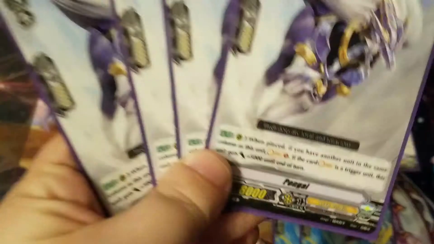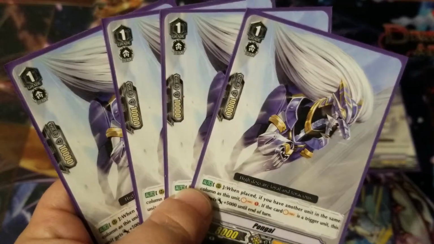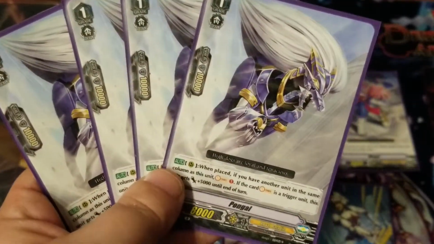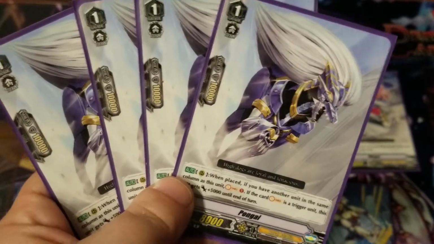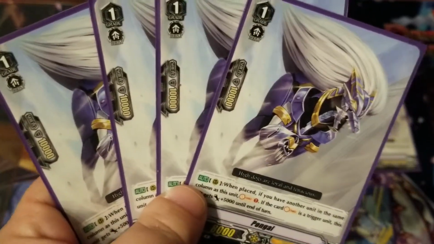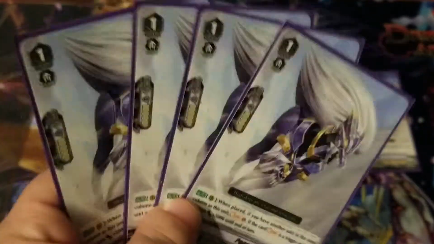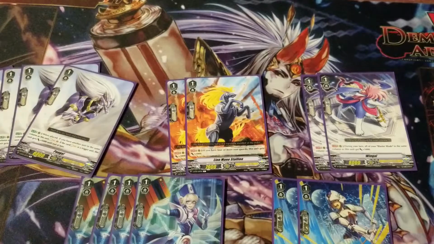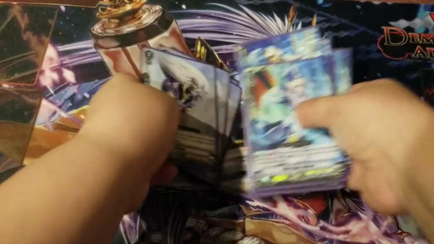Then last but not least, we run 4 Pongo. He is the most important grade 1 in the deck, mostly because he helps out with Soul Saver. And he's just a good card. And you can switch him out with Akane. So yeah, primarily, the most important card. Love him, love him, love him. Yeah. The grade 1s rolling on down to...